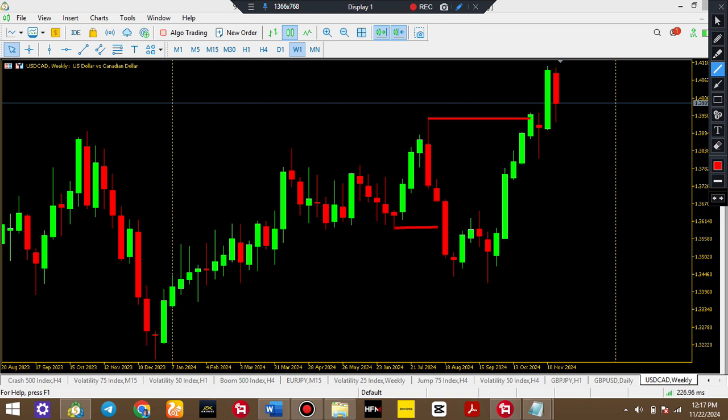Now, since it broke structure, we would have loved to use this point as an area of interest for what? For sell. That means we would have marked here as our OB, meaning bearish order block. So price came and nullified it, meaning it didn't react to it. When a valid bearish order block is broken, automatically it becomes what we call a breaker block. So it's going to be acting the opposite way. That was why price couldn't come down to this level, right?